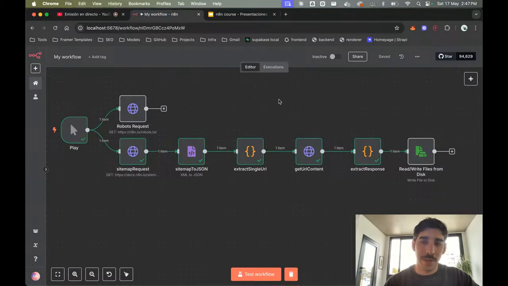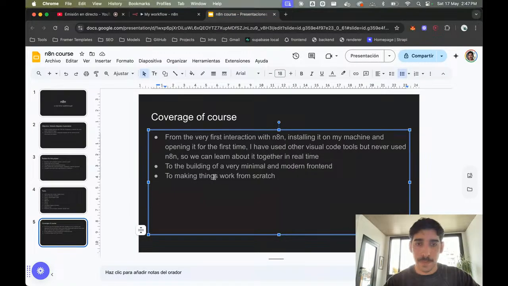But as you can see, this is very the bare minimum. I installed it in my machine. I ran it. We'll see. And so the idea will be to get to the building of the very minimum modern front end, making things work, from scratch. And it definitely sounds like it could be a long journey, but we will see what we can do.